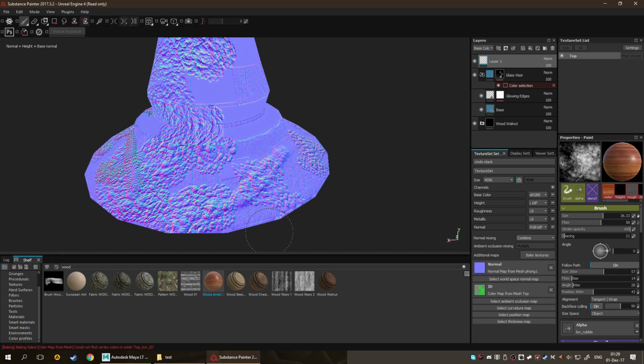Obviously, every bake is different depending on the object. You have to do different tricks and develop your own little ideas. But at the end of the day, it depends on what you want and how good you want it to be done, right? If you can fix it up with a couple of brush strokes, by all means you should. So in the next video we will do the worm and